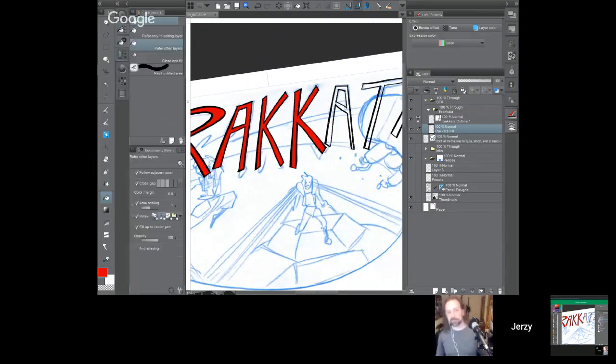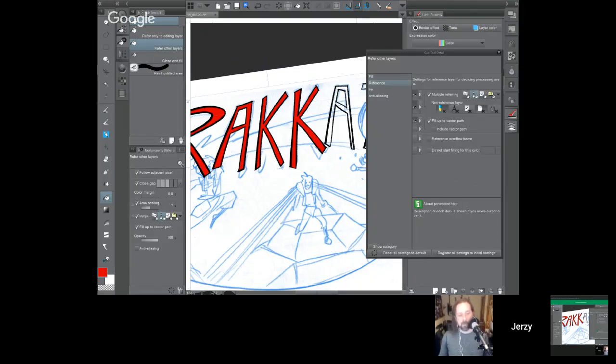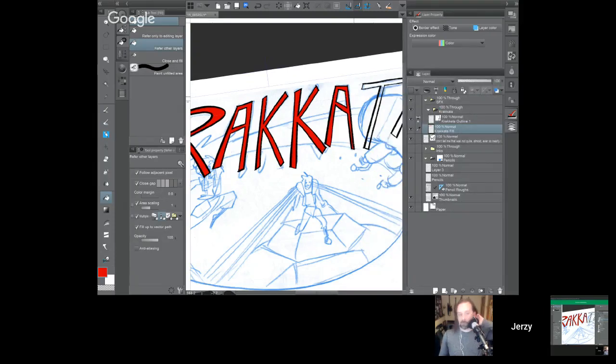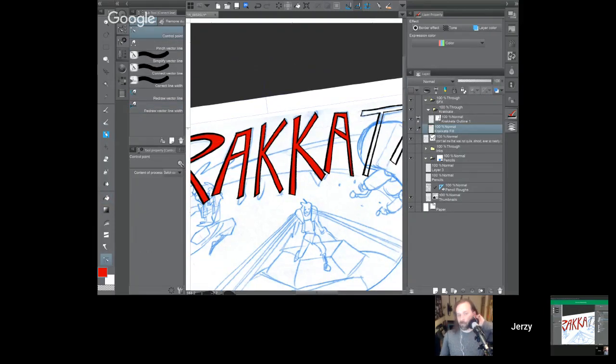And because I also had this set to, there's another option in here, where it says close gap? Not close gap. It's anti-aliasing ink. Where is it? They changed the wording on this with this update. Fill up to vector path, which means that when I go to these lines,